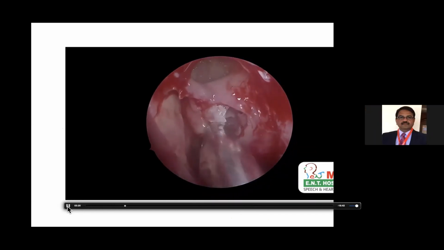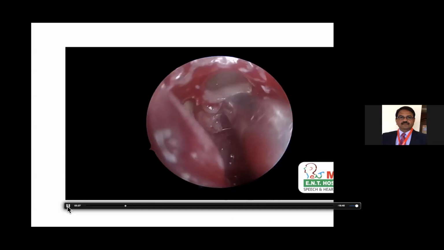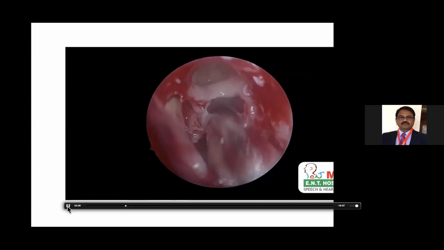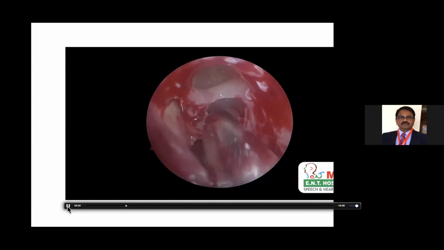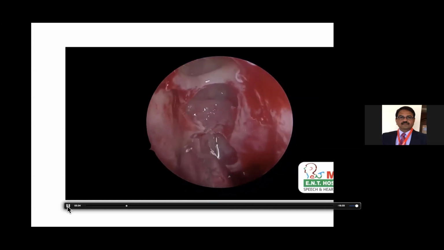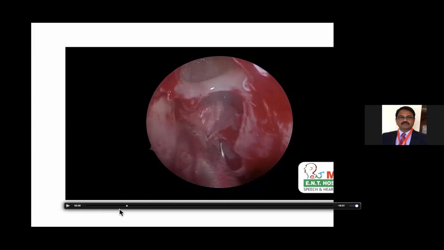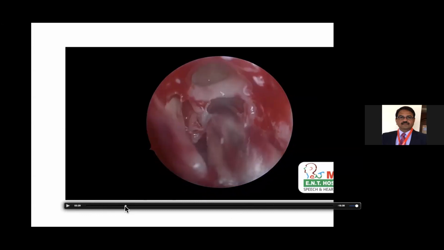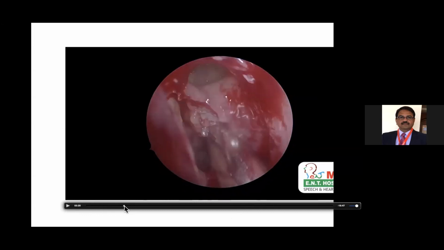See, most of this work now you're using your microdebrider. So what are the safety points here? One is the safety of the instrument itself. You're using the M4 handpiece, right? M4, M5. This is the M5 handpiece. These are sturdier blades, because the earlier blades, they used to say never use for bone. You lose the blades. You'll have to use a greater number of blades, or change the blades frequently.